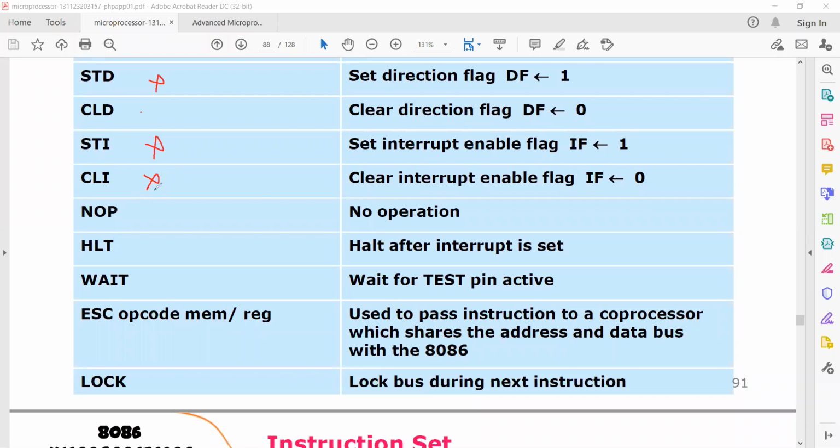If we do not have any operand, and we only have opcodes in the instruction, then that particular addressing mode comes under the implicit addressing mode that we discussed at the end of the addressing modes. That type of addressing mode is called what? Implicit addressing mode, where you do not find any operand.